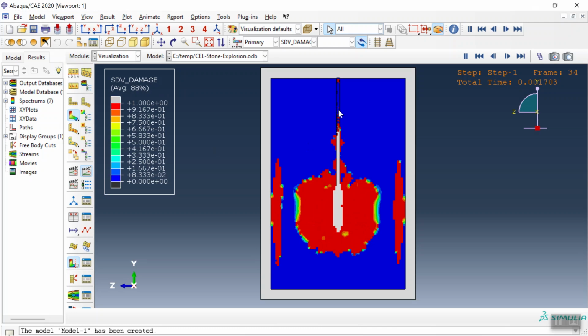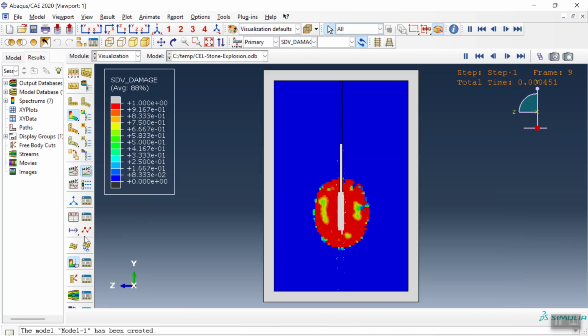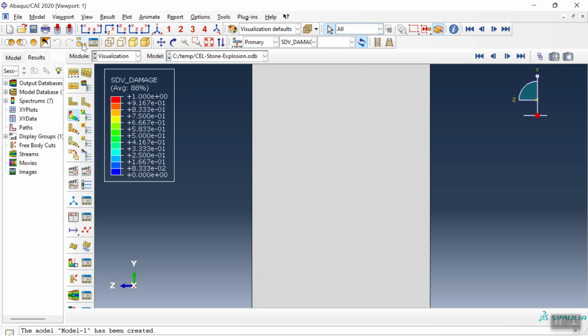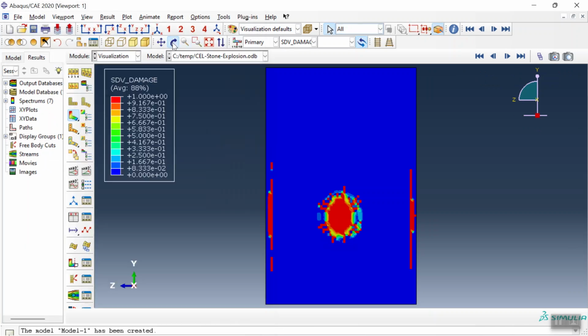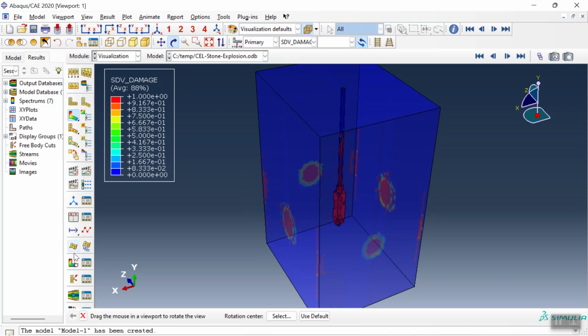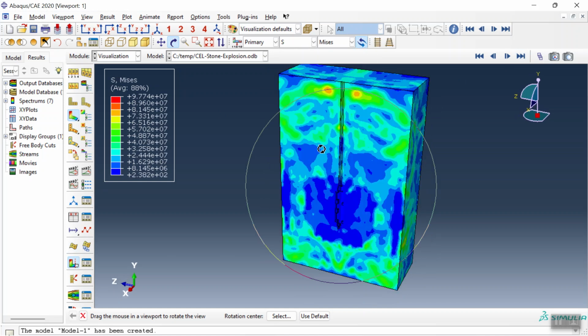And here the stemming goes throughout here. See the stemming here. Under the huge pressure it moves there. We use a cohesive model for this, and let me just check for now the stone or the rock. Here this is the rock, and this is the final view, and you can see here the damage, the stress,